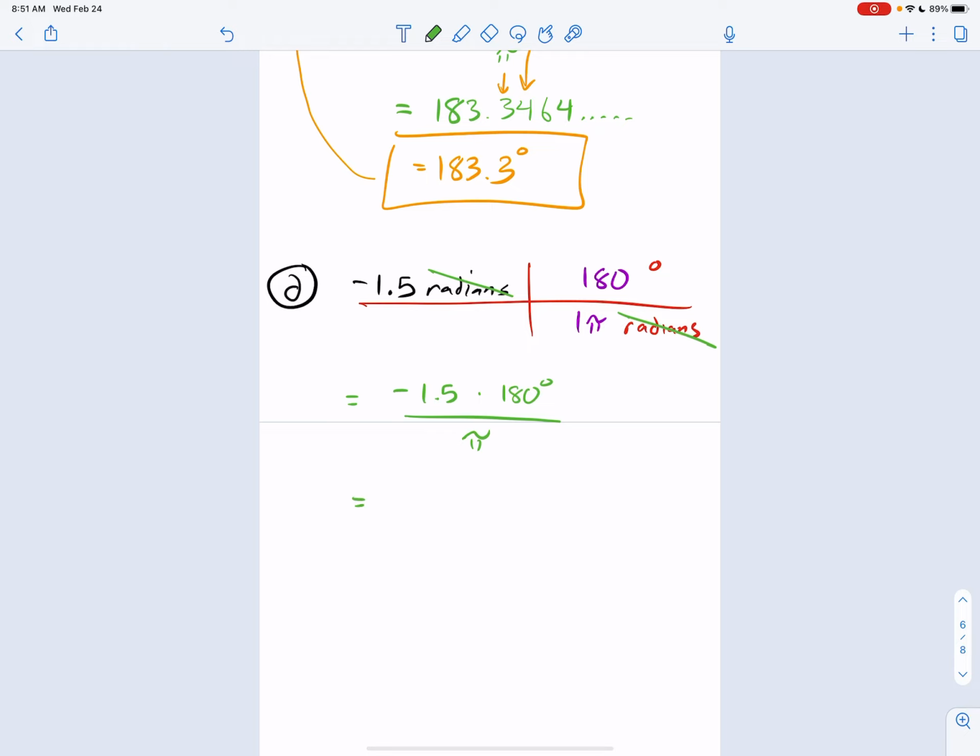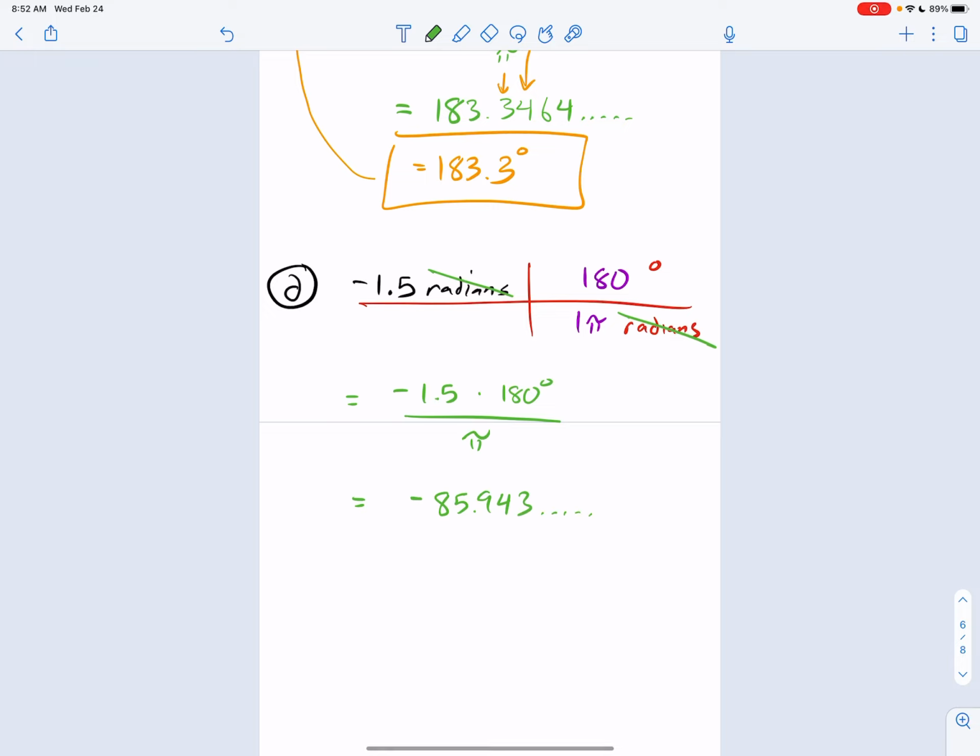Okay? Now, I typed this out. I could type out the negative, but I know that a negative times a positive is just a negative there, so I'm just going to put that there. 1.5 times 180 divided by the pi will give me negative